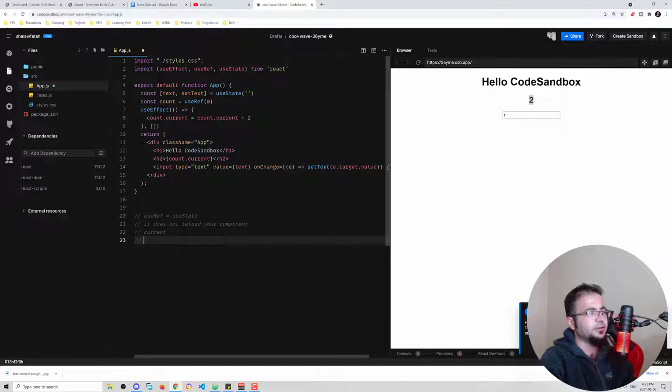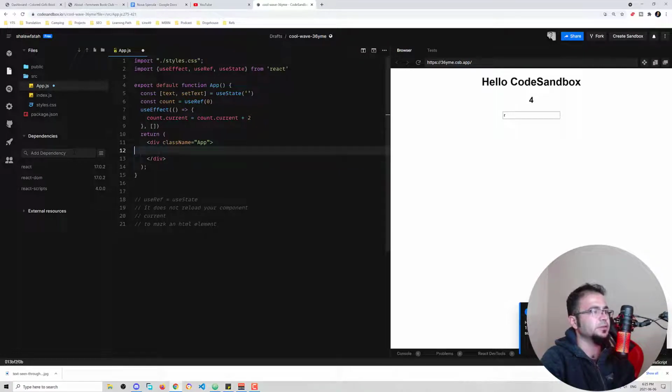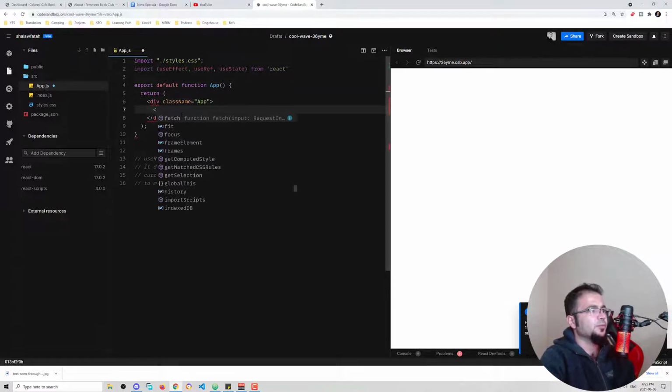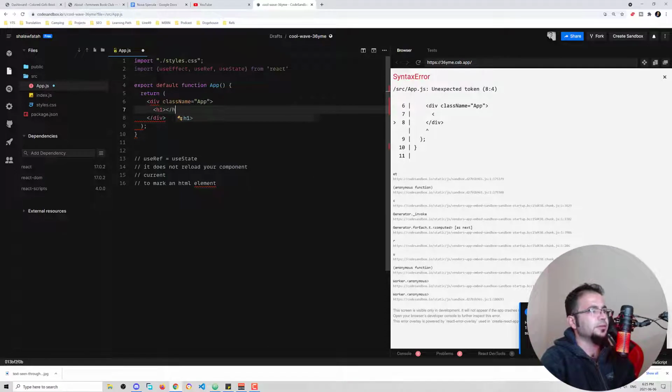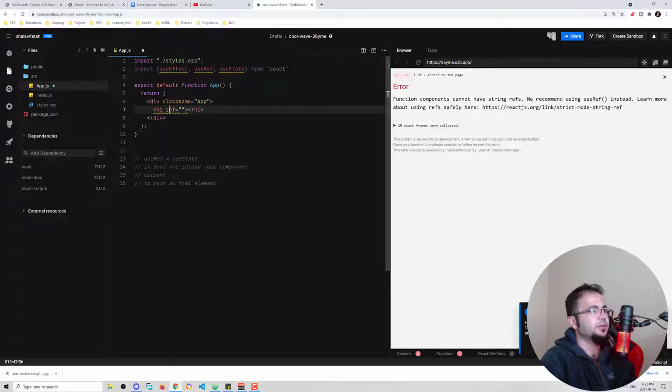Now there is another use case, to mark an HTML element. So this is the second use case of useRef, which I heard most developers use this way. Let's just change everything here, and we have an h1, for example. We say ref. Now every JSX element has this ref attribute which you can use. We say the ref is equal to